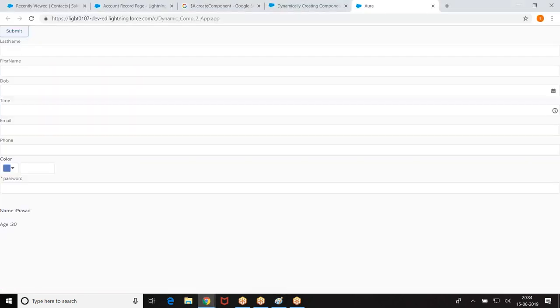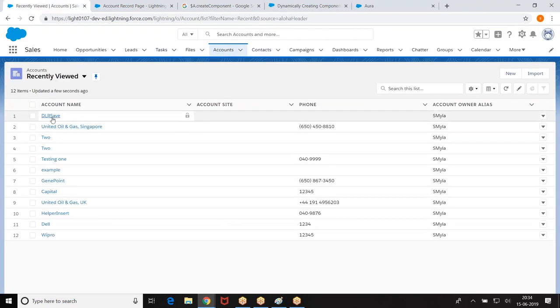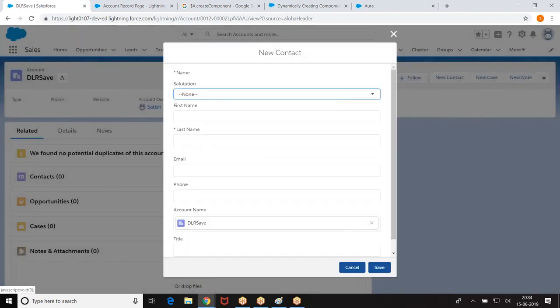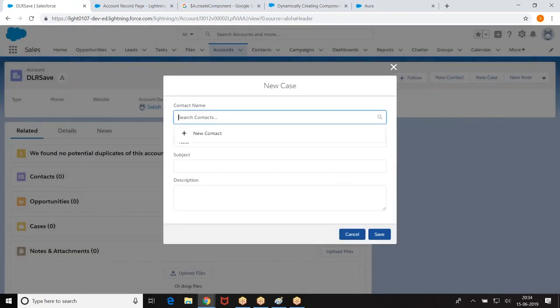Now I want similar functionality. When you go to this account and click new contact, how is it opening? A pop-up window. This pop-up window is opened with a contact, because I clicked on contact. For case, the pop-up window opens with case. Now what is this? Dynamic component only. Dynamic component concept, but with the overlay. Action overlay, pop-up window. I hope you're good. The action overlay we'll see in the next session.